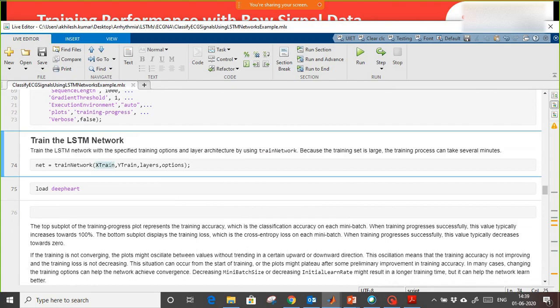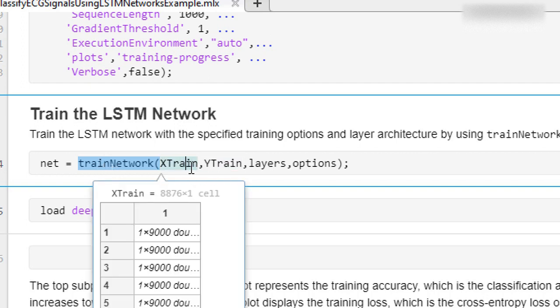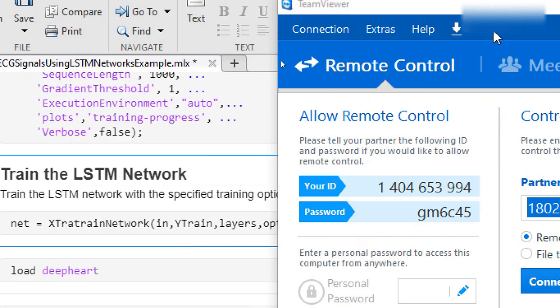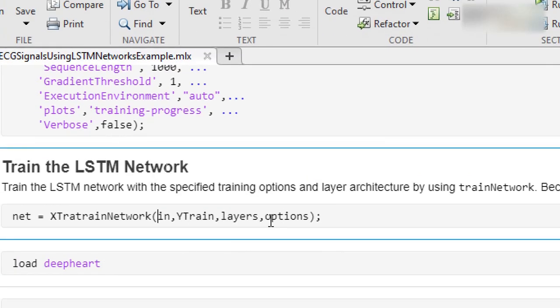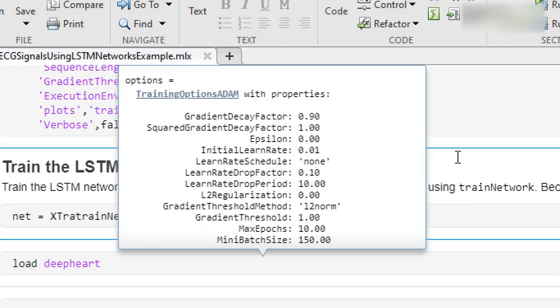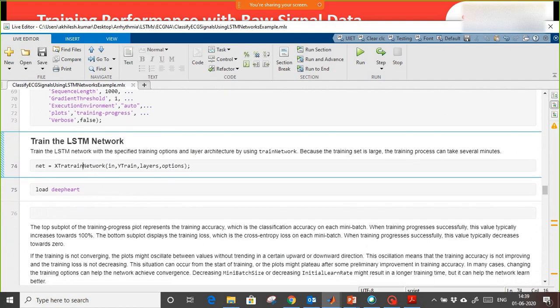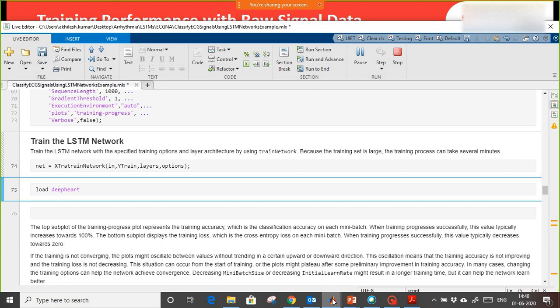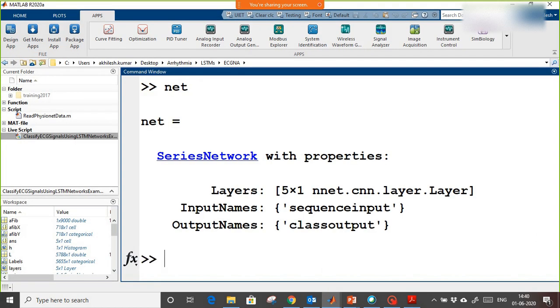Now to train this data, we just use the inbuilt function in MATLAB, trainNetwork. This is the training data as the input, this is Y-train, the output, and this is the layers which we defined, and here is the options which we defined here. So all this we defined. Now we have to click train. I am not going to train, I am directly going to load that model. The model is trained as net here. If I type net here, this is the model. A total of 5 layers are available.